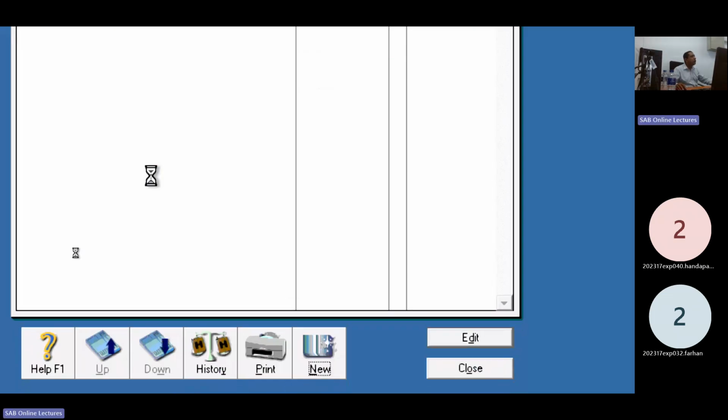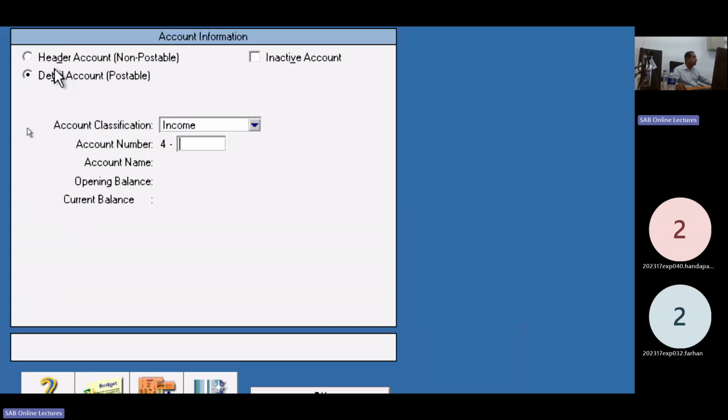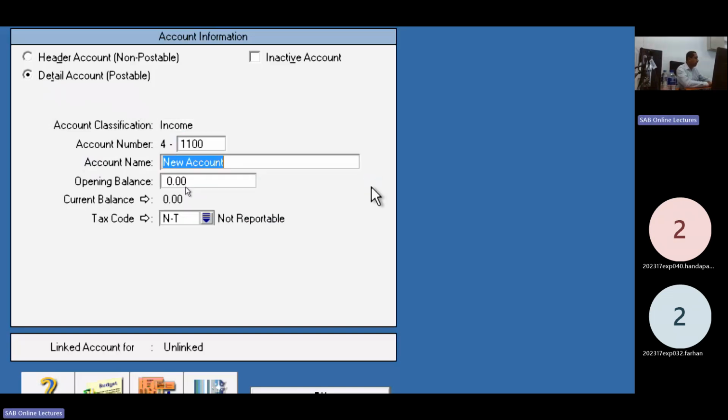Click on new detail account. Look here, postable. Postable. 1100. Click on tab. Equipment sale income.